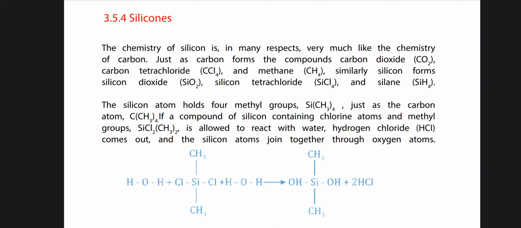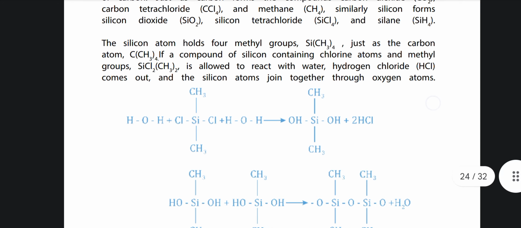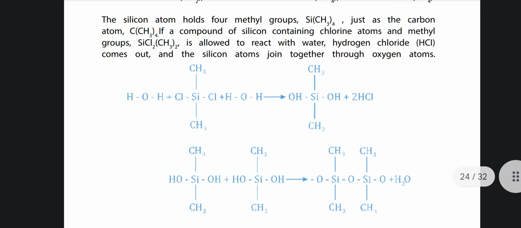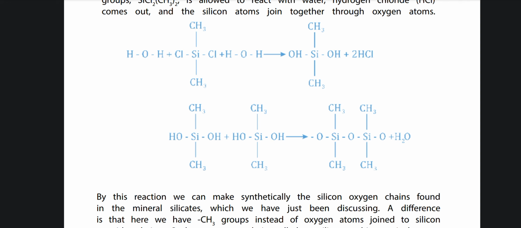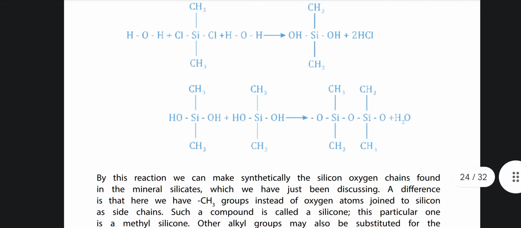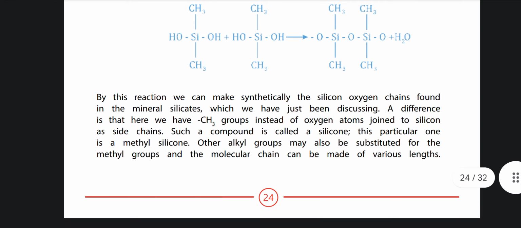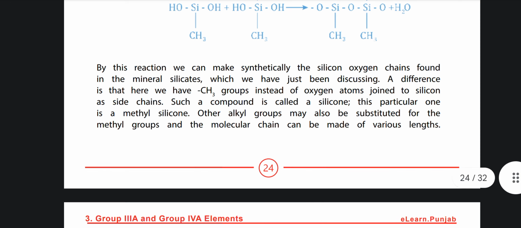If a compound of silicon containing chlorine atoms and methyl groups, SiCl2(CH3)2, is allowed to react with water, hydrogen chloride comes out and the silicon atoms join together through oxygen atoms, as you can see in the structure. By this reaction we can make synthetically the silicon-oxygen chains found in mineral silicates, which we have just been